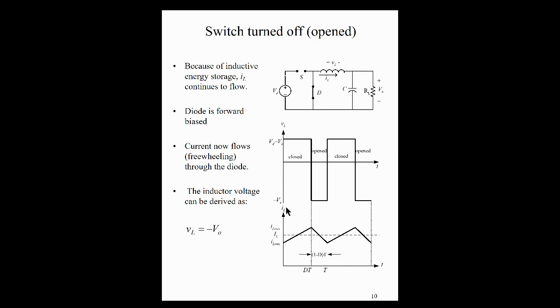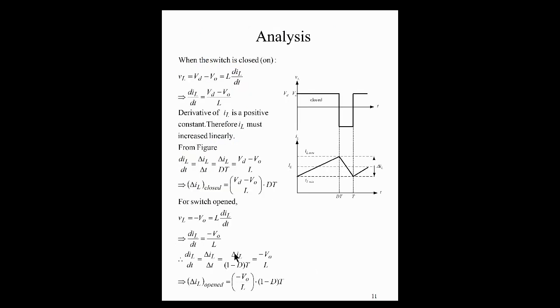And of course, during that time, remember it's now off. So that's how I have here 1 minus the duty cycle multiplied by the period. Right, so that's how I get this part. And you will recall that when it is closed, it's just the duty cycle times time. But for off, it is 1 minus the duty cycle times the time. And if you set this to do the math again,